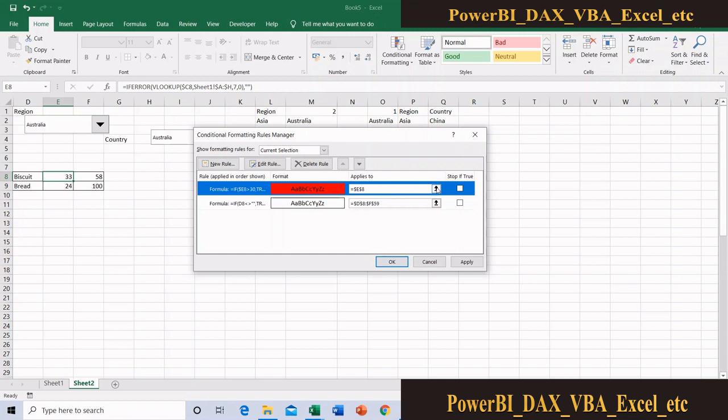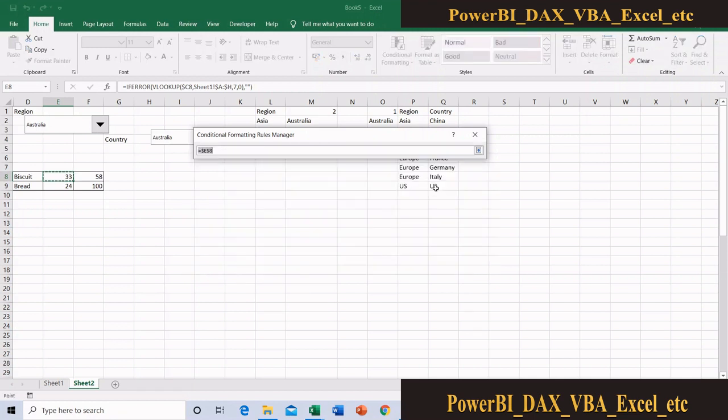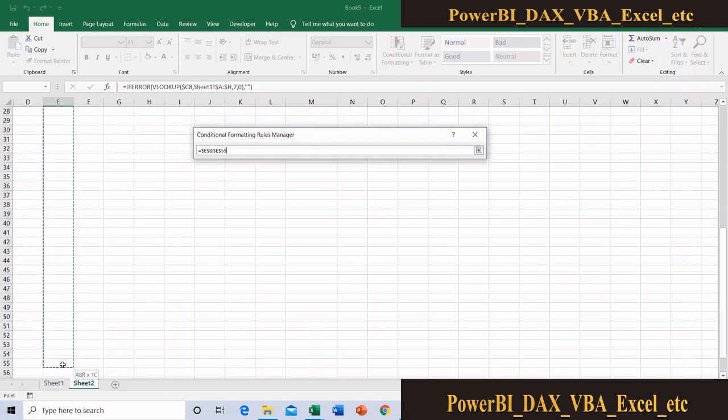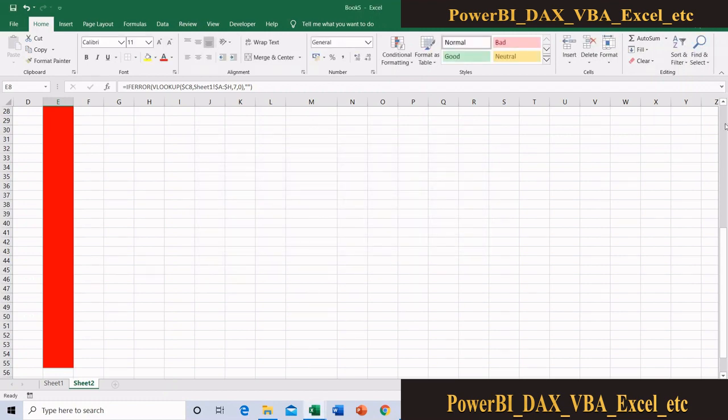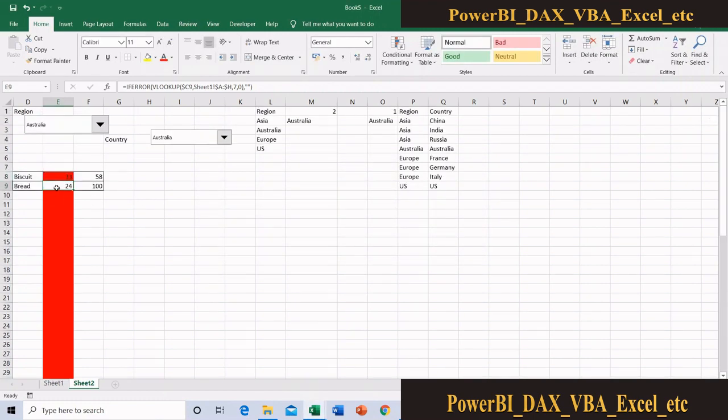I can extend my range. I am selecting from here to, again the same, I know that from here to here maximum row size will not be greater than this 55. Apply. Okay. Oh, why? Because I need to check one more condition. If 33 is okay, because this is greater than 30, but here it is blank. Excel is returning this as greater, maybe its ASCII value is more than 30, that's why here as well, this condition is true.